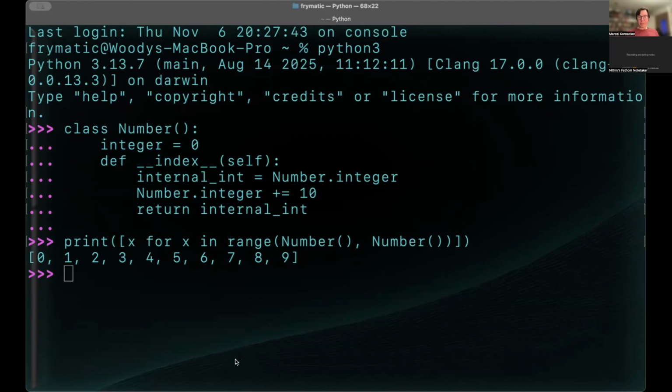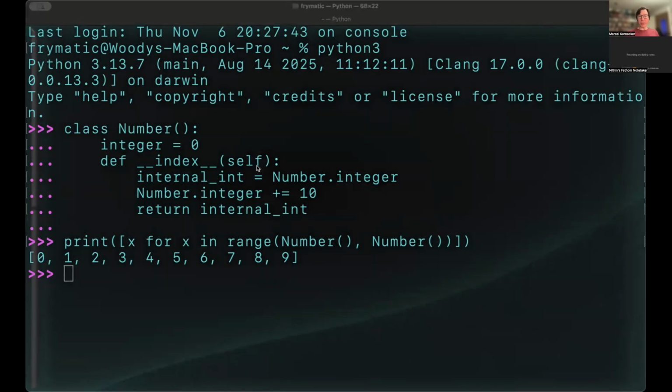So it's calling number twice, and the first time it calls the dunder index function, the value returned is going to be 0, right? Because internal int wasn't incremented. It was number.integer that was incremented. So first time, second time it's going to return, right?